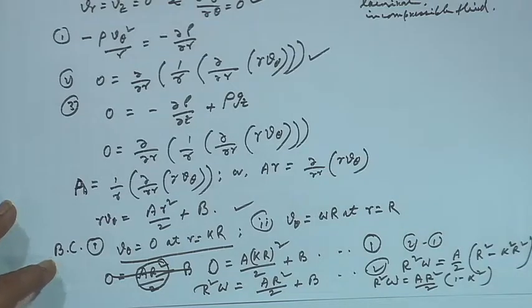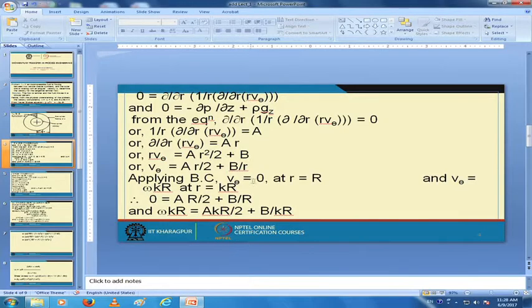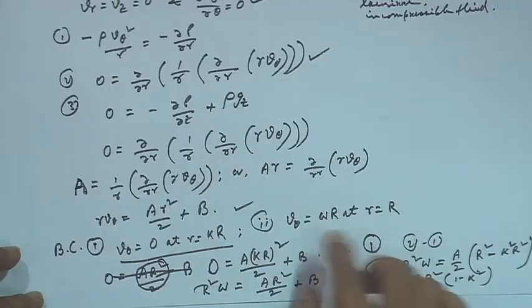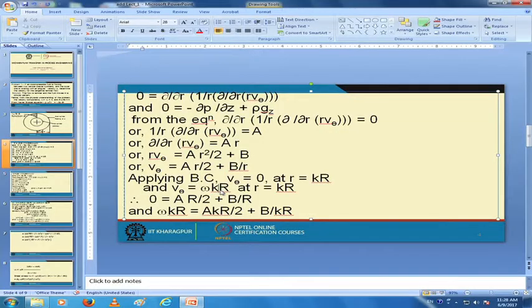So, let us substitute here v theta equal to 0 at r equal to kR, and v theta equal to omega R at r equal to R. If that be true, then by putting the first boundary, that is v theta equal to 0 at r equal to kR, we can write